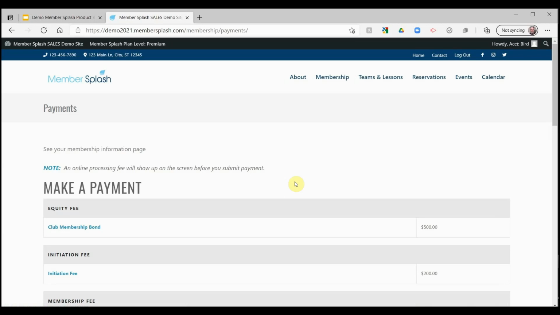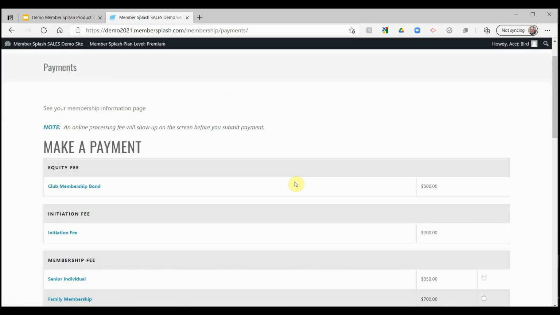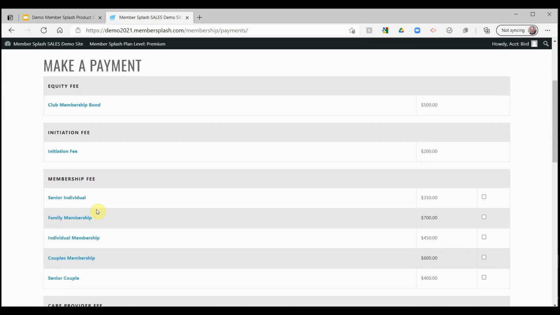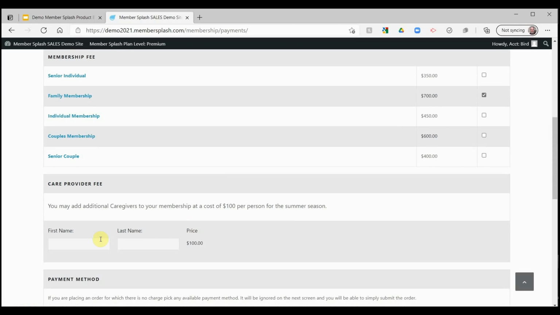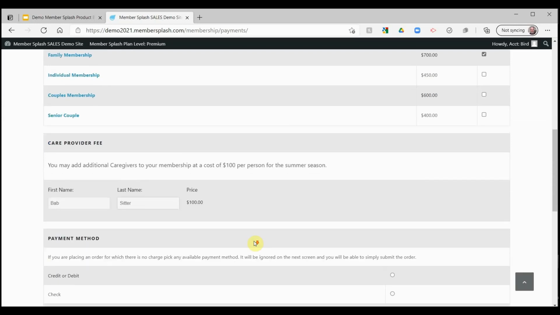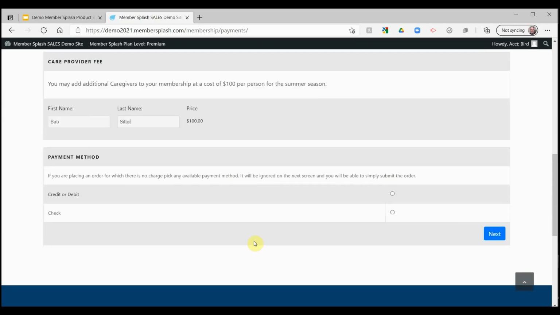So what do we see for a brand new member to the club? Well, the one-time fees, like the equity fee and initiation fees, both appear. In this case, they also have the option to select what type of membership it is that they're going to be purchasing. In this case, it's a family membership, so they simply select the box next to the family membership. Do they want to add a care provider? If they plan to bring a babysitter this season, they can add one to their account for the duration of the season. And then they elect how they're going to pay. If they select credit or debit and click next,